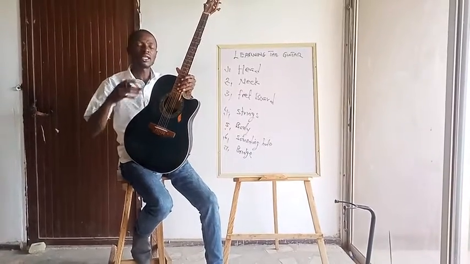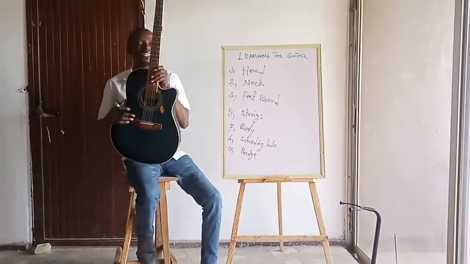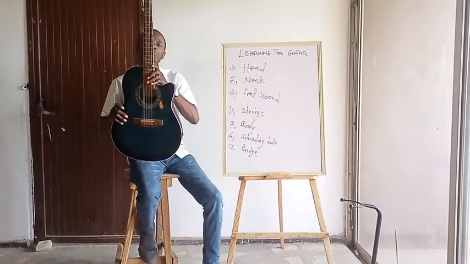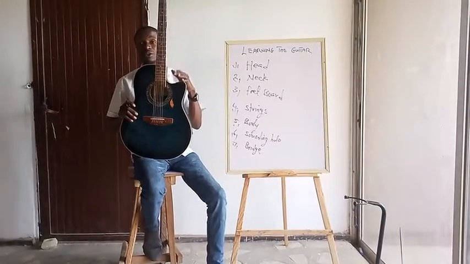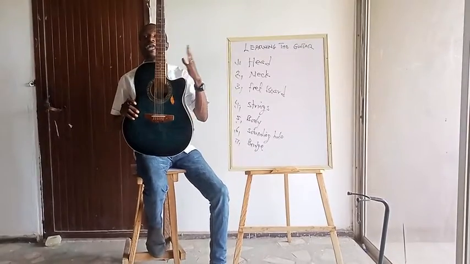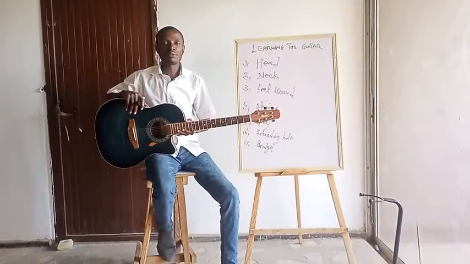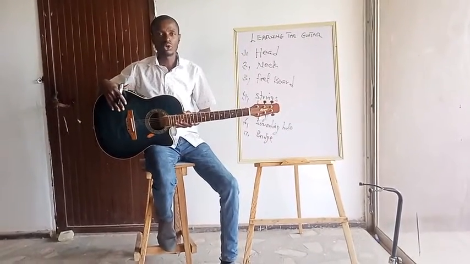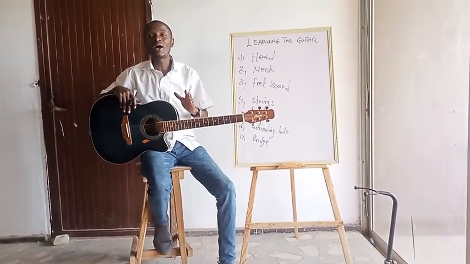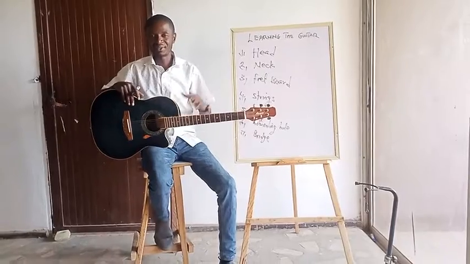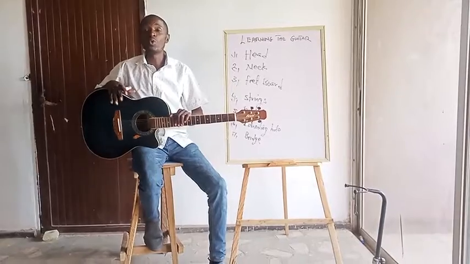Before that, let me not assume that we all know how to hold the guitar. How do you hold the guitar? If you're right-handed, the best way to hold the guitar is to place it like this, twist it to your left. In other words, let the head fall along your left line. Just something like this. Can you see? And let the body be around your right hand. Notice that in playing the guitar, you require both hands. This left hand works on your chords. This right hand works on strumming.